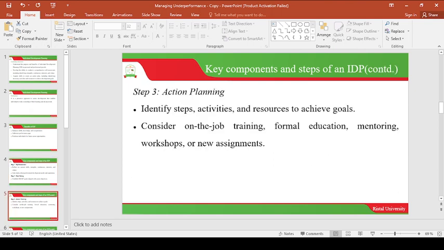Step number 3 is the action plan. You have assessed yourself, you have set a goal. What is next is you need to have an action plan, or what you can call an implementation plan. Under the action plan, you need to identify steps, activities, and resources to achieve your goals. So in the context of academics, what steps or what activities do you want to undertake?